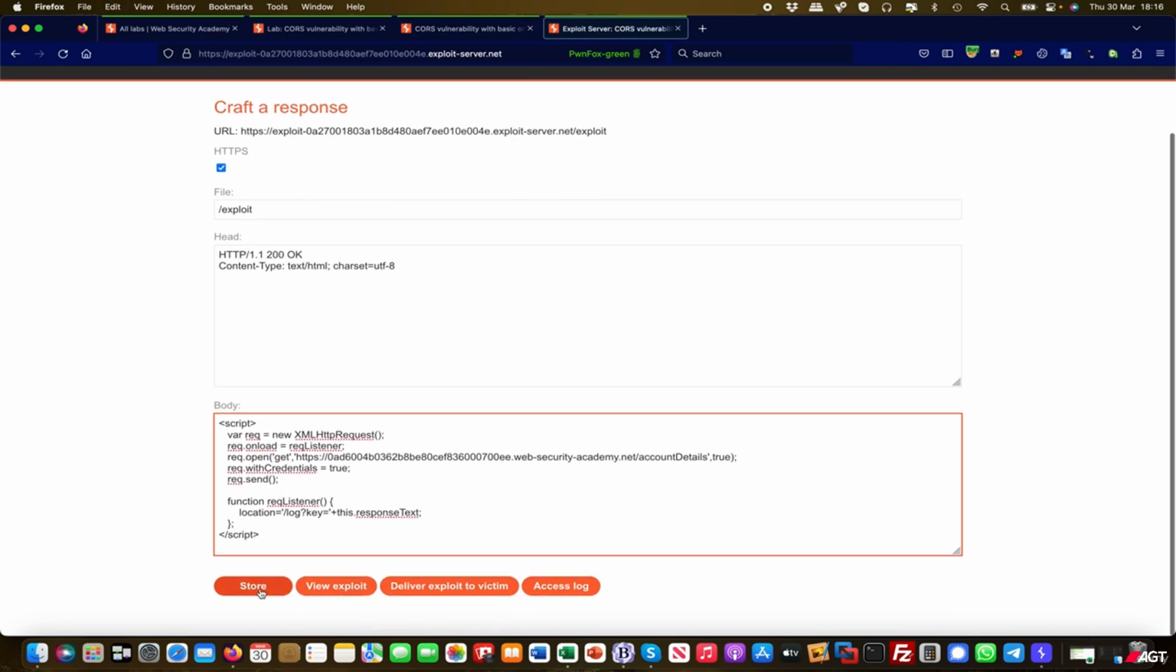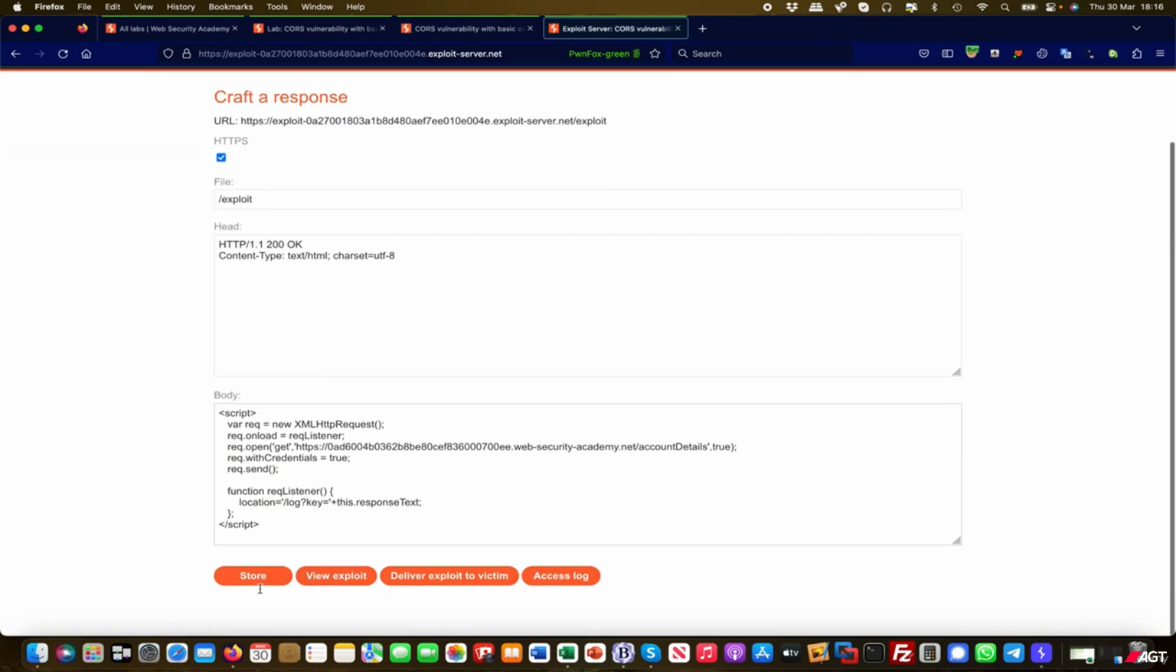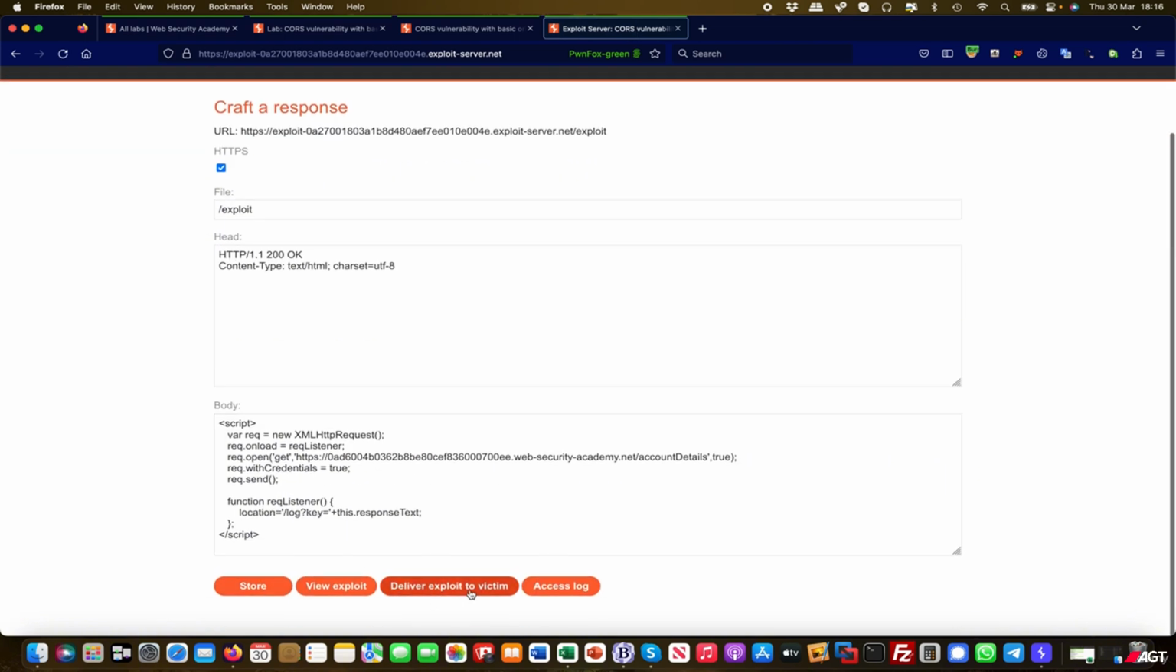Okay, so we are storing this, and now we send the victim a link. You have this option on here, deliver exploit to victim. So in a real world scenario, you would simply send the victim a link to that specific web server. And when the link is clicked within the context of the browser of the logged in session to that specific account details, then the AJAX call is made and the key is exfiltrated. So let's deliver to victim,